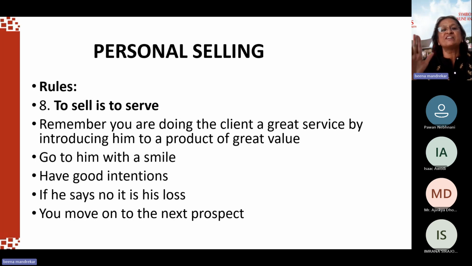You have just spent 15 minutes understanding the person's objections, taken them on board, taken them home with you. If he says no, it's his loss. And you move to the next prospect. You have the timetable, you have sent out emails, you have made phone calls, you have a list. If not this, there is another and another and another. Your pipeline is bursting. It has to burst. You have to keep your pipeline fresh and ready.